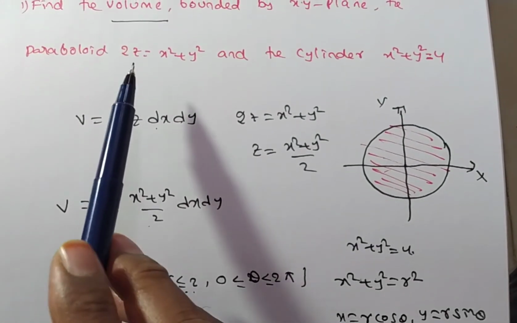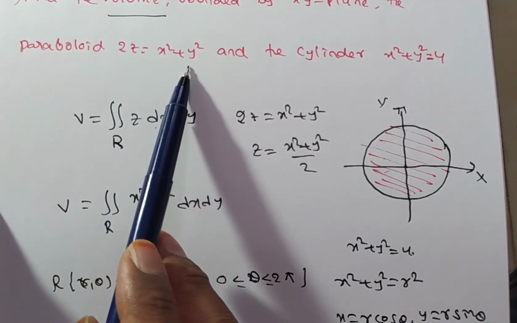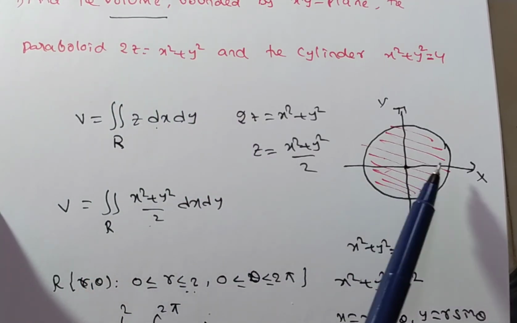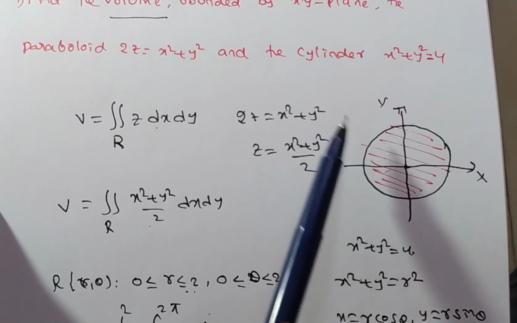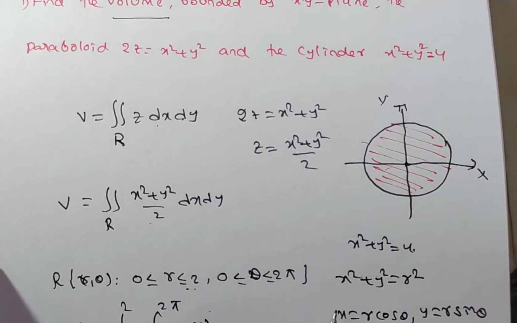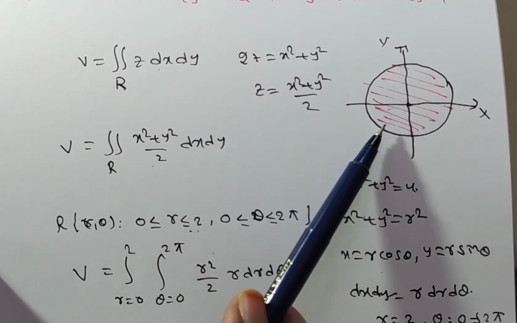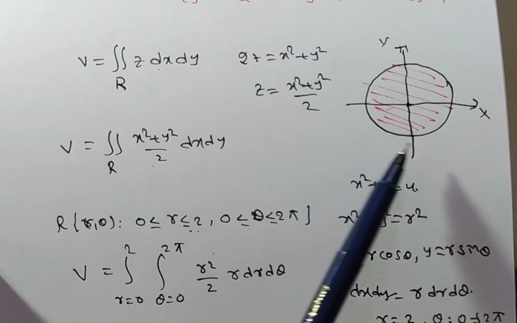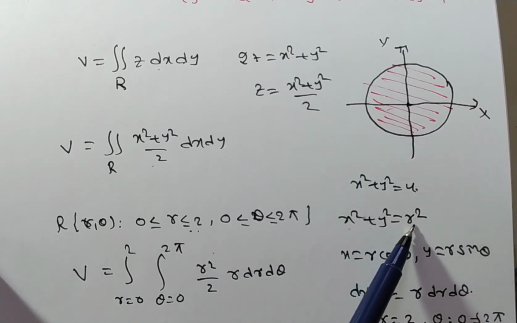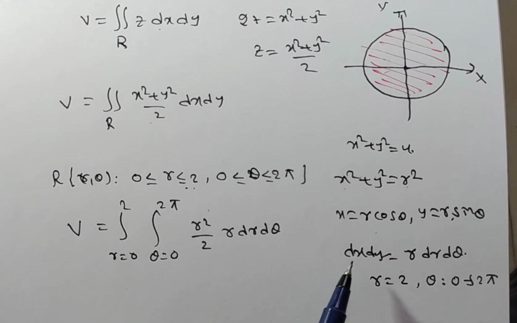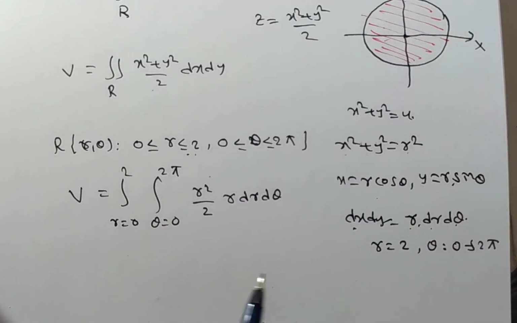Friends, you see the paraboloid is given as 2z equals x square plus y square. In the xy plane this value is 0, so x square plus y square equals 0. So from 0 to the total region, we have to take the total circle, that is x square plus y square equals 4. That is the reason r is taken from 0 to 2. Next, theta occupies the four quadrants, that is why 0 to 2 pi. And this is a circle, so we compare with x square plus y square equals r square, where x equals r cos theta, y equals r sin theta. From the Jacobian, dx dy equals the Jacobian times dr d theta, where the Jacobian of x, y with respect to r, theta is r. Is it clear?